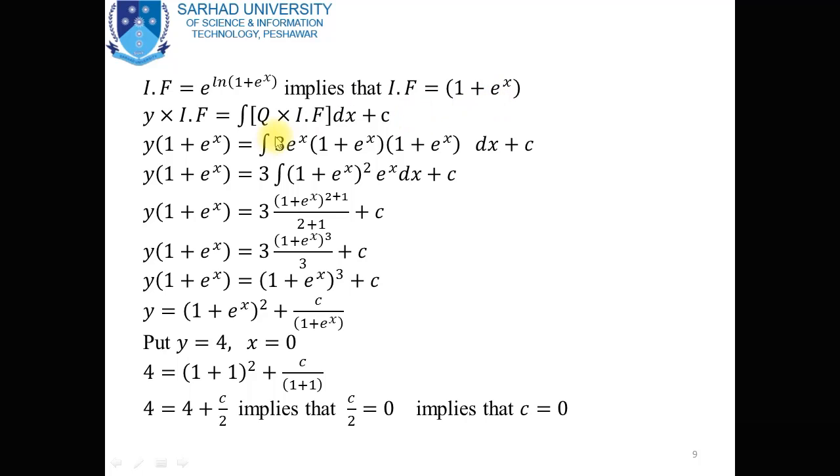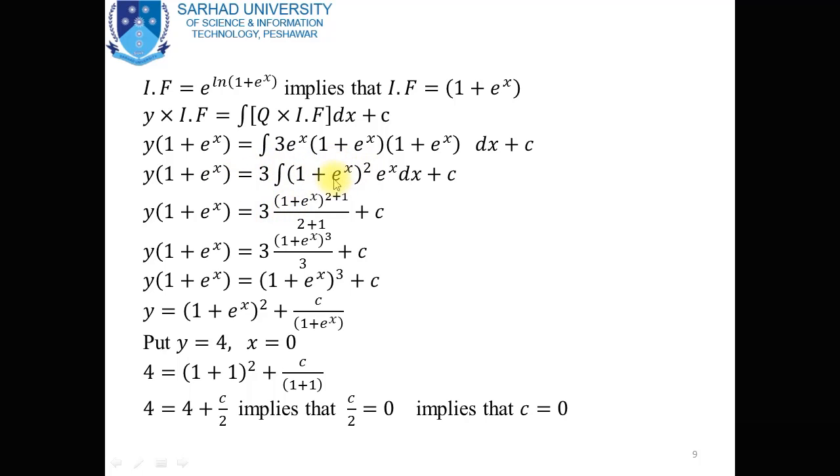Now to find the solution of the given differential equation, the dependent variable y multiplied by the integrating factor is equal to the integration of the product of the q function and the integrating factor with respect to x plus c. So putting the integrating factor in the left hand side, now putting the integrating factor in the right hand side, and this is the q function 3 e power x into 1 plus e power x into, and this is the integrating factor. Now we have 1 plus e power x whole square and e power x, 3 is the constant. So the integration of